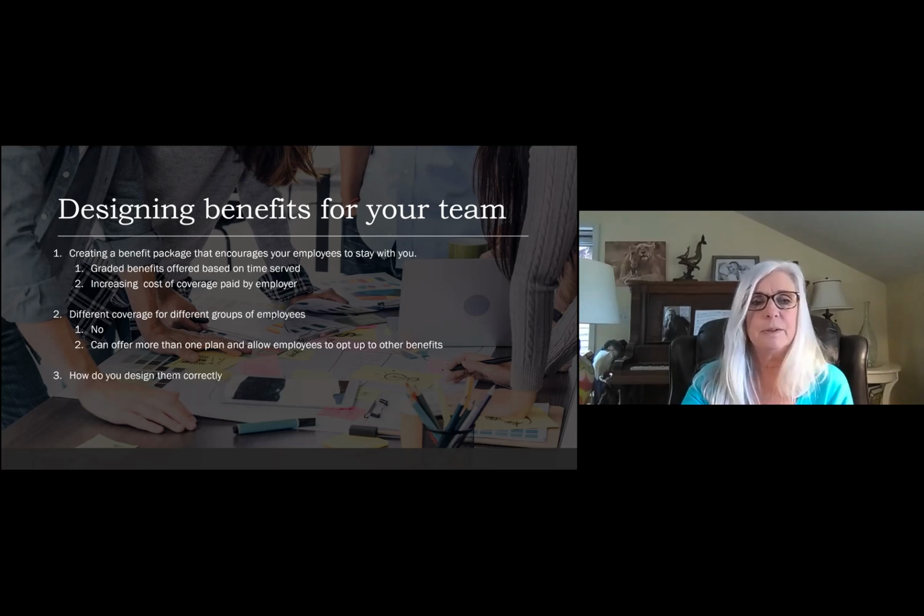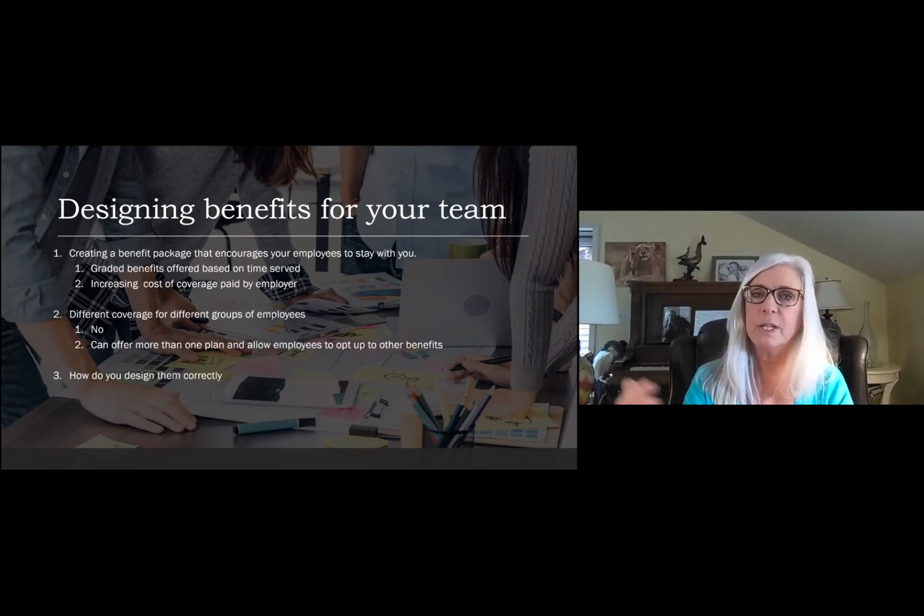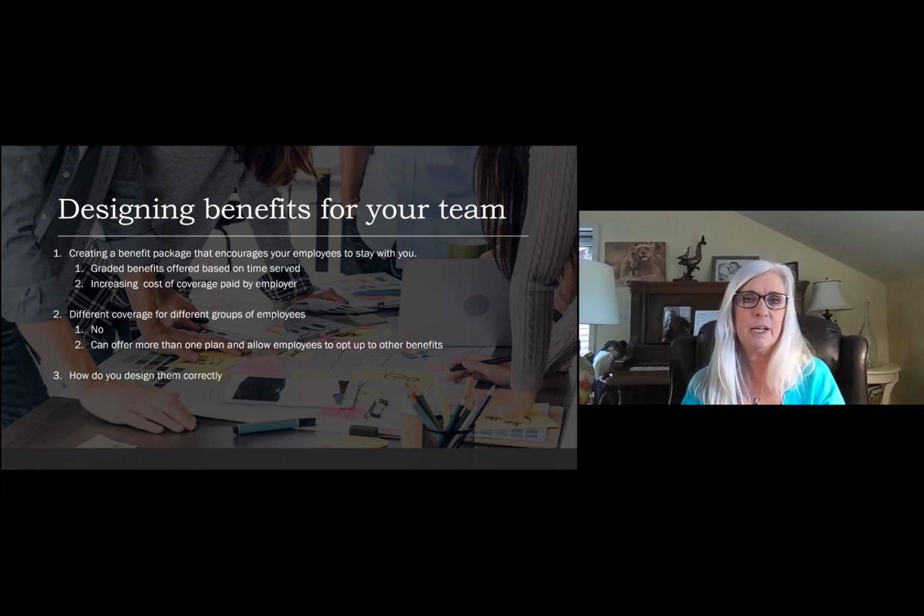And we just talked about how you design them correctly with the time of service and whether you're salary or hourly is maybe the keynotes, or you could have managers and non-managers. You can have supervisors and non-supervisors, but you have to have a group of employees that you can clearly delineate the differences, and it's not based simply on ownership.